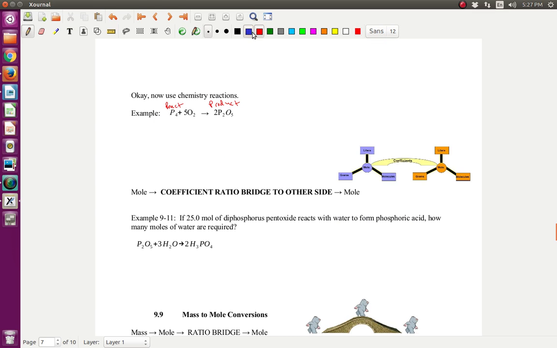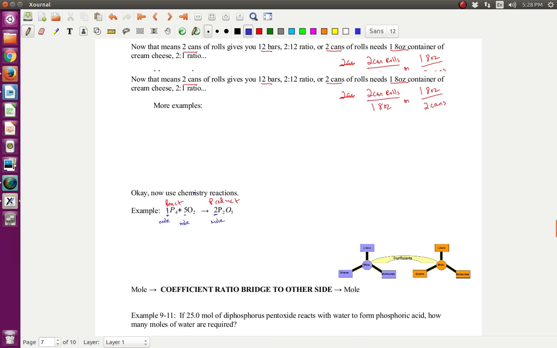And this time what we're going to do is the numbers, I'm going to put a 1 right here because that means 1, this 1 in front tells you the number of moles in the recipe, in the reaction. So there's 1 mole of phosphorus reacts with 5 moles of oxygen, and when they react, they form 2 moles of diphosphorus pentoxide. This is the ratio. Okay, just like up here,